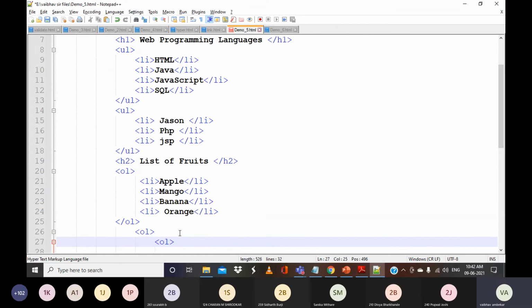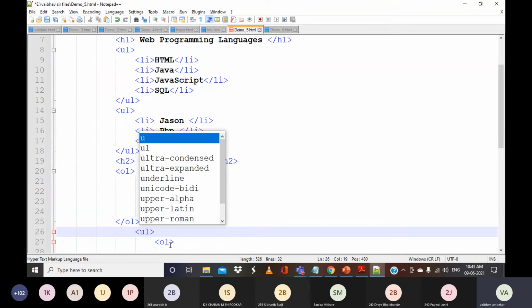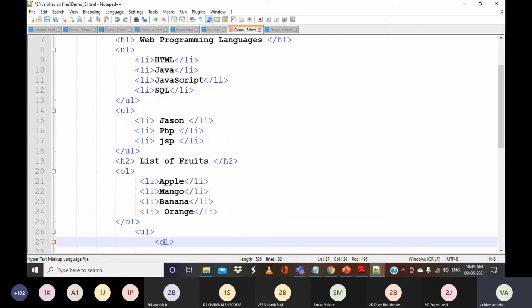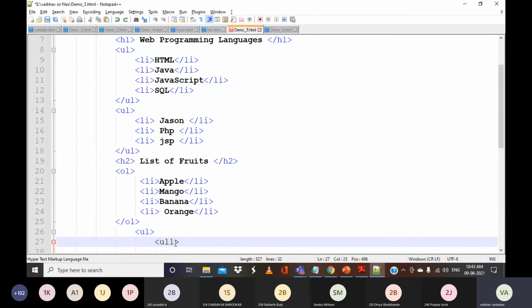I can have an OL tag, inside that I can have a UL tag and I can have list elements and so on. Or if I use a UL tag and then an OL tag, this is fine. But if I use a UL tag and then again a UL tag, and then close both the tags, it is not allowed. So nesting is available, but a similar kind of list cannot be nested. That is what we need to understand.